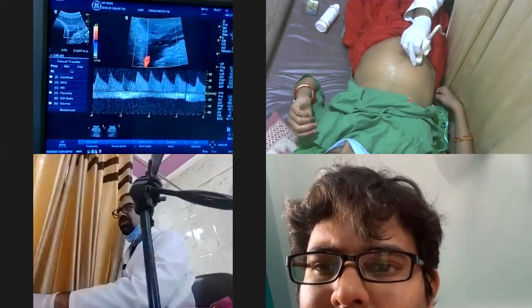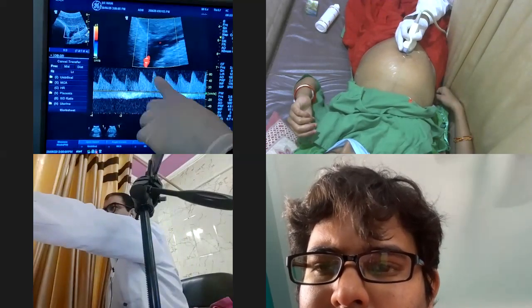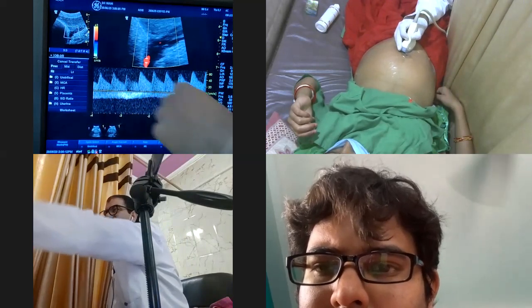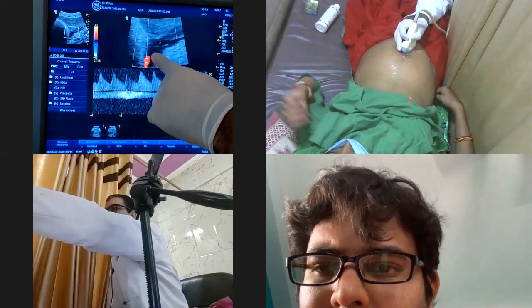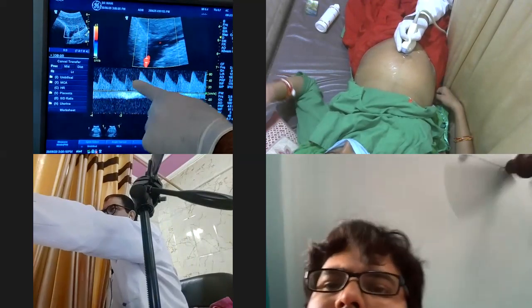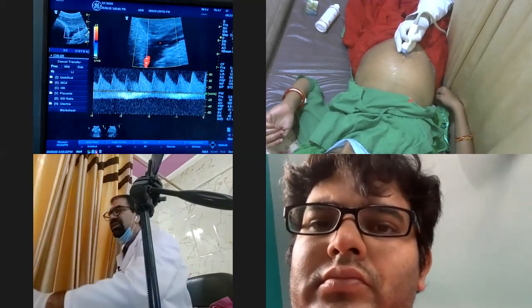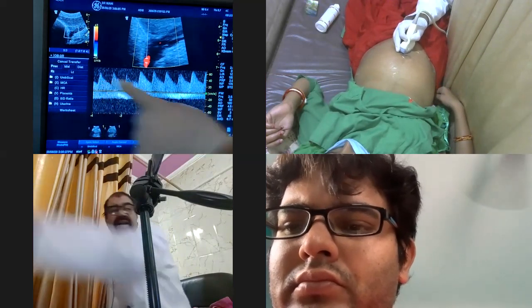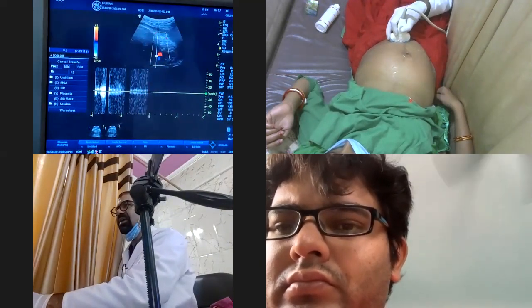Very beautiful picture. Why is this a very beautiful picture? Because what I'm seeing is the umbilical artery above the baseline and the umbilical vein below the baseline, because my gate was wide enough to take both the umbilical artery as well as the umbilical vein. This is the umbilical artery over here, and this is the baseline, which is in between the umbilical vein and umbilical artery in this case. So this is how the umbilical artery is also taken.